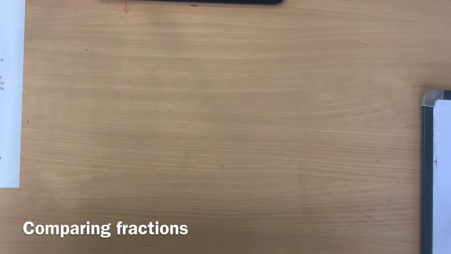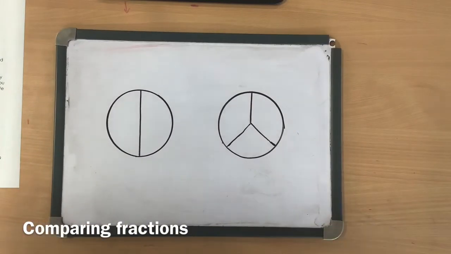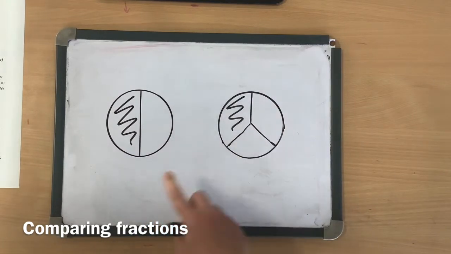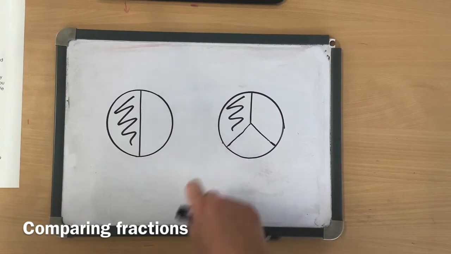We can use our knowledge of equivalent fractions to help us compare fractions, to help us notice if one fraction is larger or smaller than another. Sometimes we just know which fraction is bigger or smaller. For example, if I had a half and a third, I know that 1/2 is bigger than 1/3, and I can prove that with these two circles here. So 1/2 is bigger than 1/3,